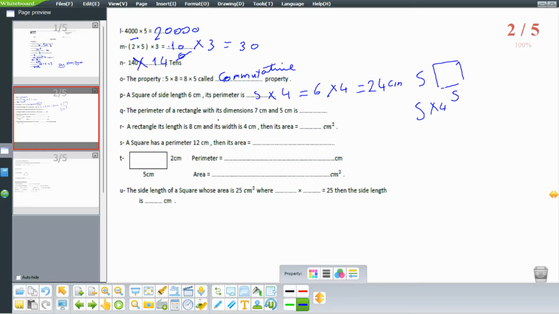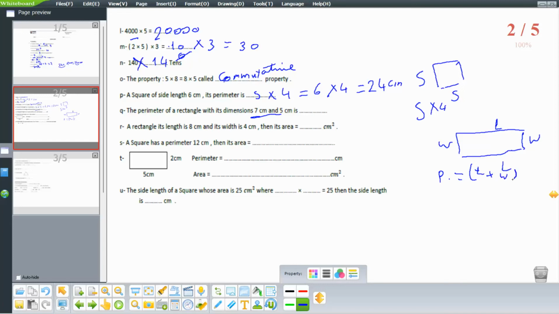The perimeter of a rectangle whose dimensions, sorry, are 7 and 5. We have a rectangle and we want to calculate the perimeter. We know this is length and this is length, and this is width and this is width. Yes, sorry, it's not the perimeter, here we want to find the area. Sorry, gosh. 7 and 5. So perimeter equals